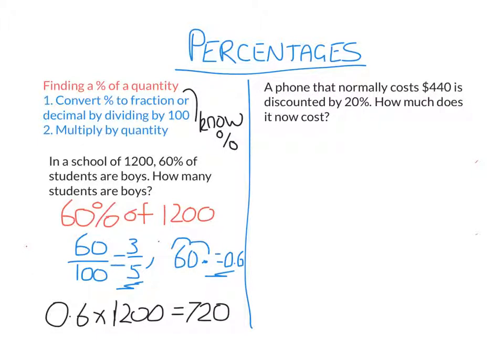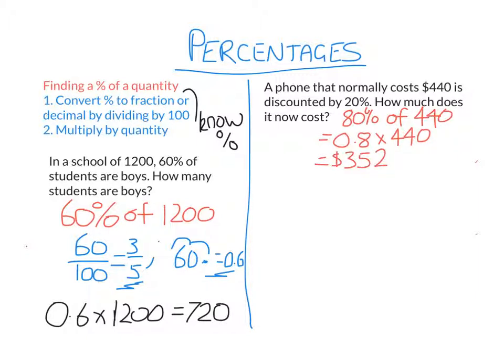So let's try this question. A phone that normally costs $440 is discounted by 20%. How much does it now cost? You might be thinking to yourself, what does this have to do with finding a percent of a quantity? Well, hopefully you realize that if you buy anything and it's discounted by 20%, you're only paying 80% of the original price. So how much it will now cost is just 80% of 440. We know how to do this because we just did an example like it. It would just be 0.8 times 440, which gives us